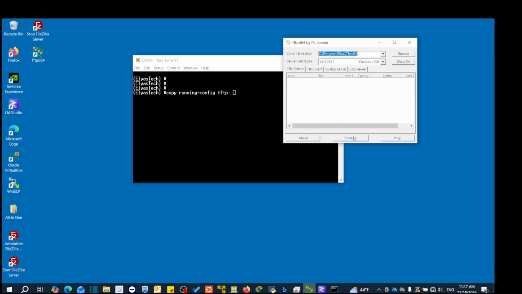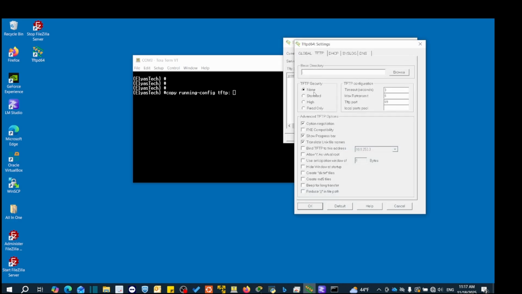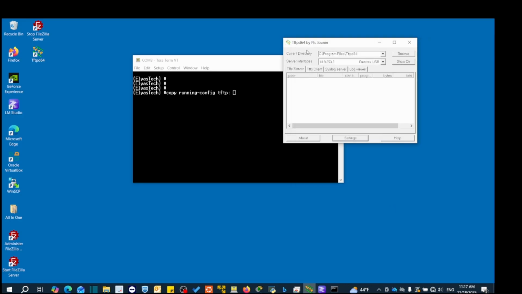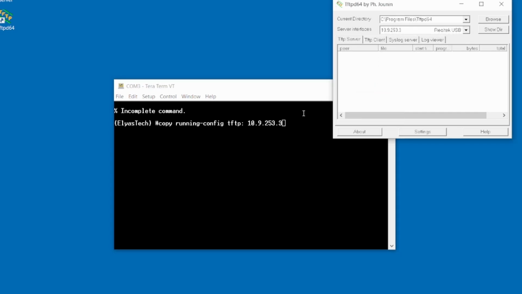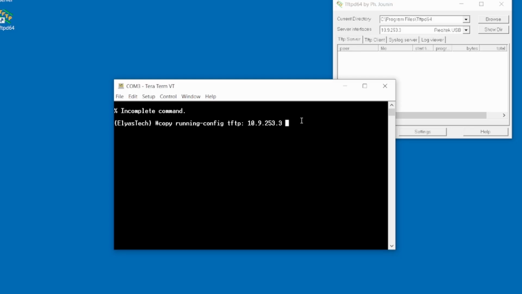So you may ask how we are going to set up. It's very easy. The only thing you need to do is in the TFTP server, if you look at in here, security, I said none. When you install and download TFTPD64, this automatically picks up from your Ethernet cable. You don't have to touch anything. TFTP 10.9.253.3. Where did I get this IP? Here is my IP. This is my TFTP server IP. You got it? So I will say this one, and for the file name,